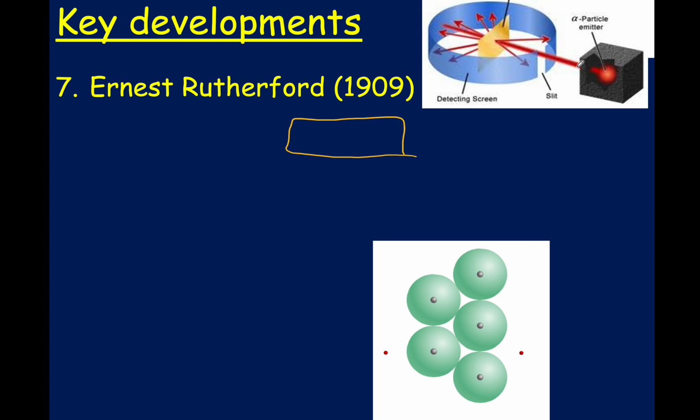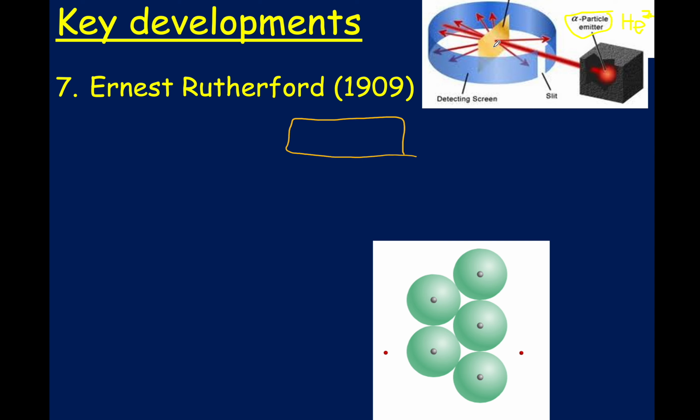So this is Rutherford. He took an alpha particle emitter. So alpha particles are just positive helium nuclei. So it's a helium without the electrons attached to it. So He2 plus. You do need to know what an alpha particle is. He fired it at gold foil, and he fully expected,